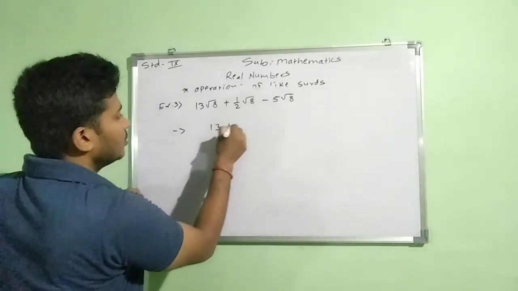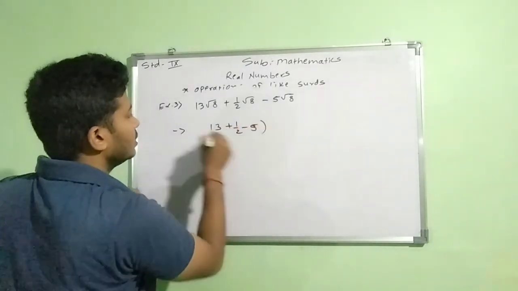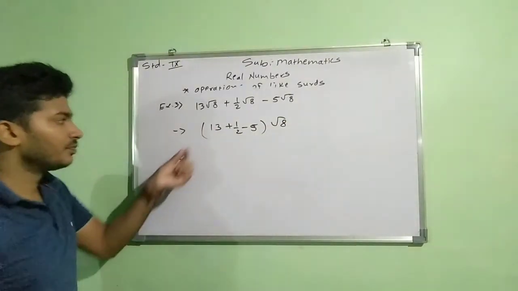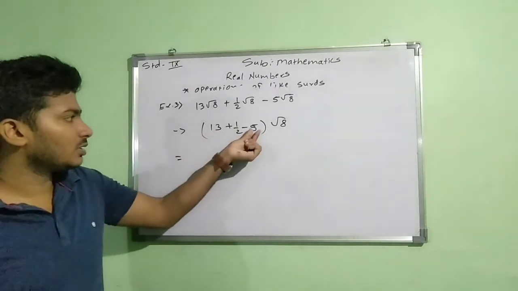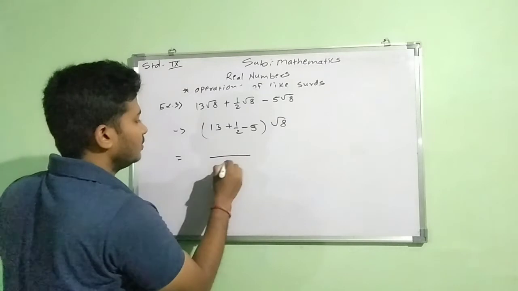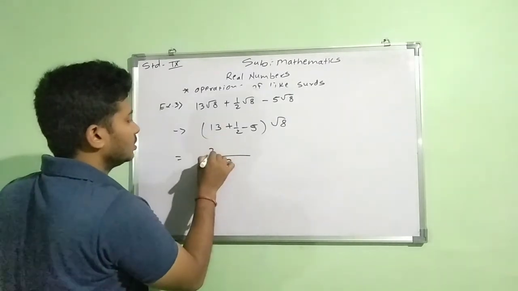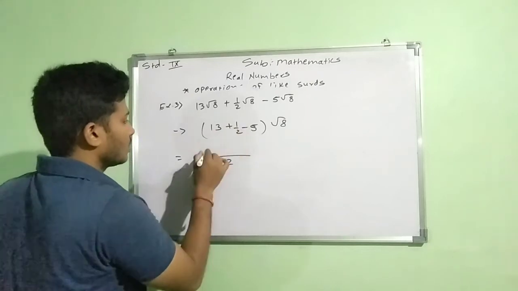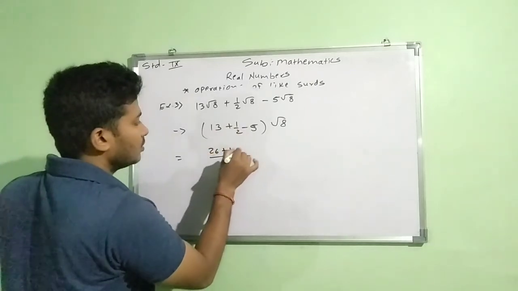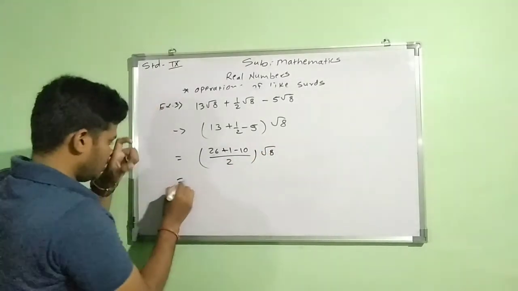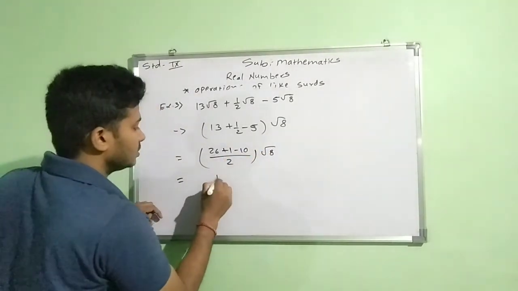So 13 plus 1 by 2 minus 5 outside the bracket, root 8. So now look here, the denominator of that 13 is 1 and the denominator of that 5 is 1. So we have to make the denominator the same. So it will be 2, 13 2s are 26, plus 1 minus 10, into root 8, which is equal to 27 minus 10, which is equal to 17 upon